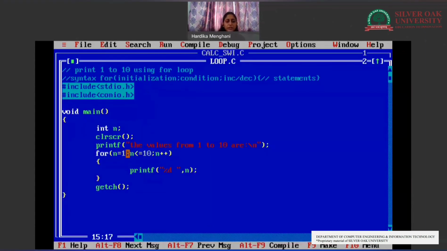Always remember that the condition should be mentioned properly, as if our condition is not mentioned properly, we might enter into an infinite loop. So this is the concept of looping with the example of for loop. When you want to perform certain tasks repeatedly, looping is the easiest and best option. You can use any loop: for loop, while loop, or do while loop.